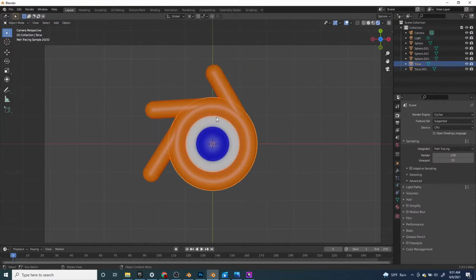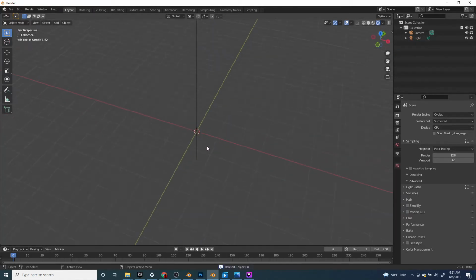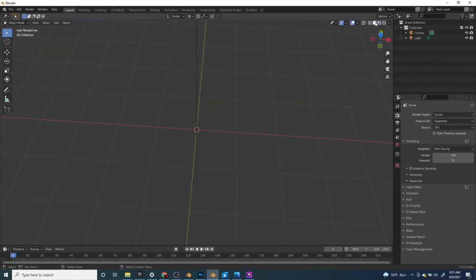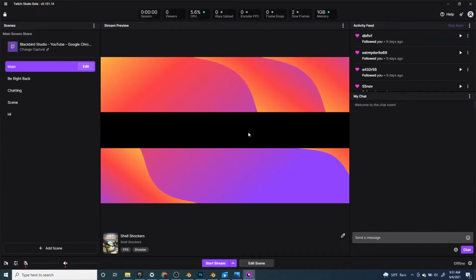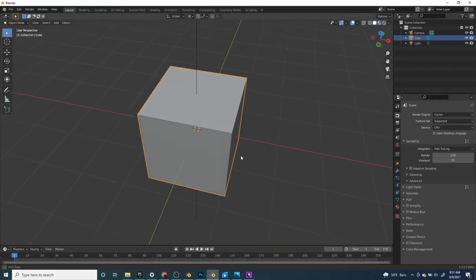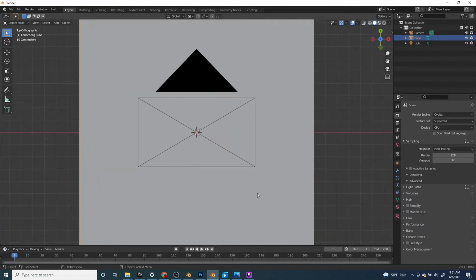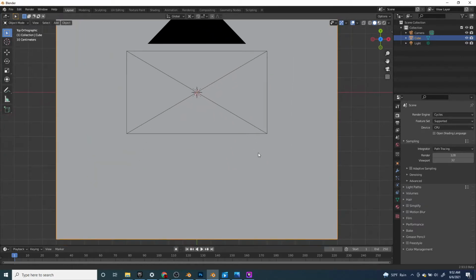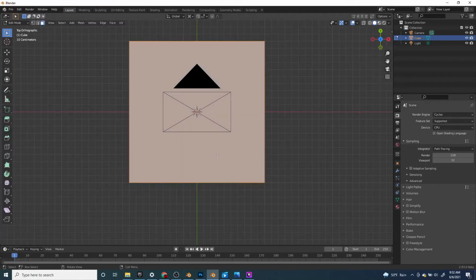So again, I'm just gonna delete everything. Press X, delete, and go to solid shading. Press Shift A and add a cube. Yeah, okay, so for this,